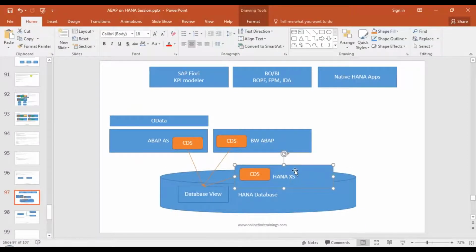HANA Access is the engine which understands it. And when you're creating a CDS view, it creates a CDS in HANA Access, and on activation it ultimately creates an object in the database layer. So though it's a single box, the layers are different. HANA Access is an integral part of SAP HANA DB, but the layering is different. Hope that answers your question.